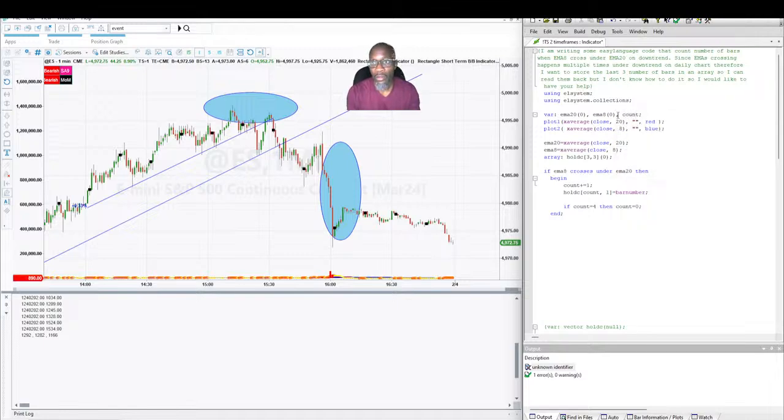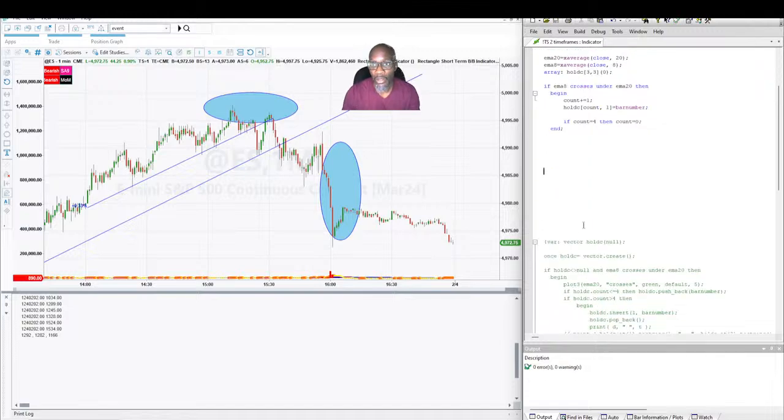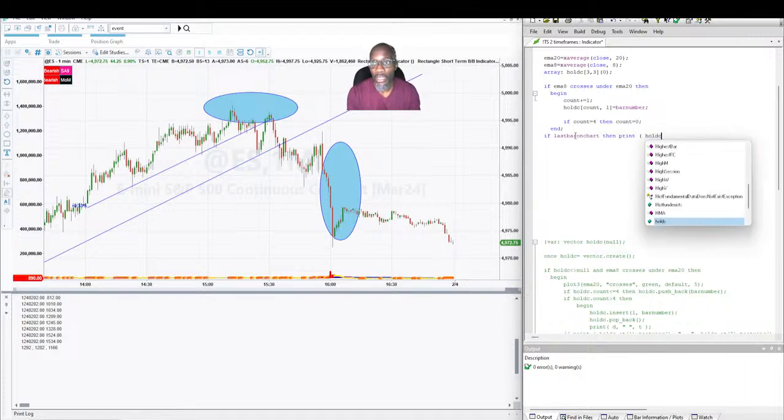Got to declare the count. All right, no errors there. So now we're going to come up with a print statement similar to the one below. Do we have that last printout? That last printout here was 1292, 1282, 1166. Try to remember that. All right, so we're going to print. We're going to say if last bar on chart, then print. What are we going to print? Hold C